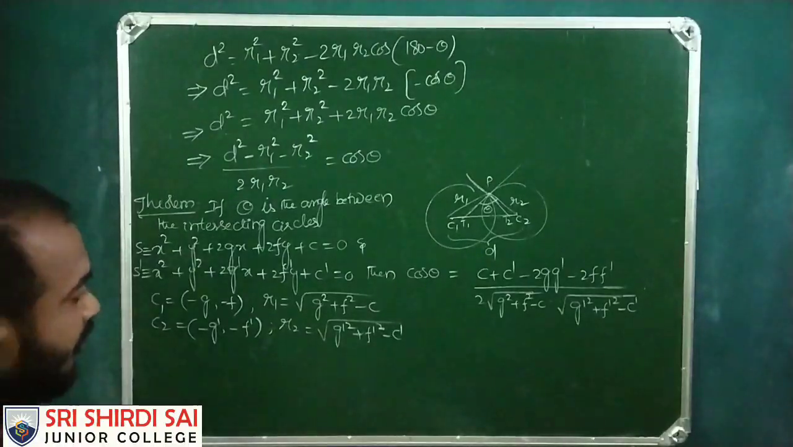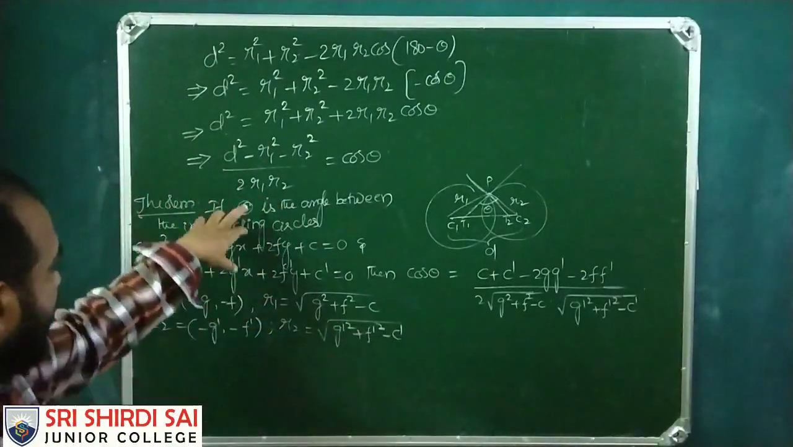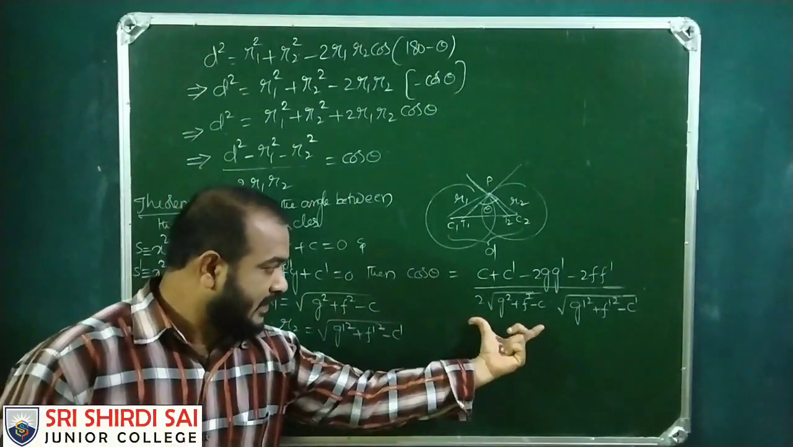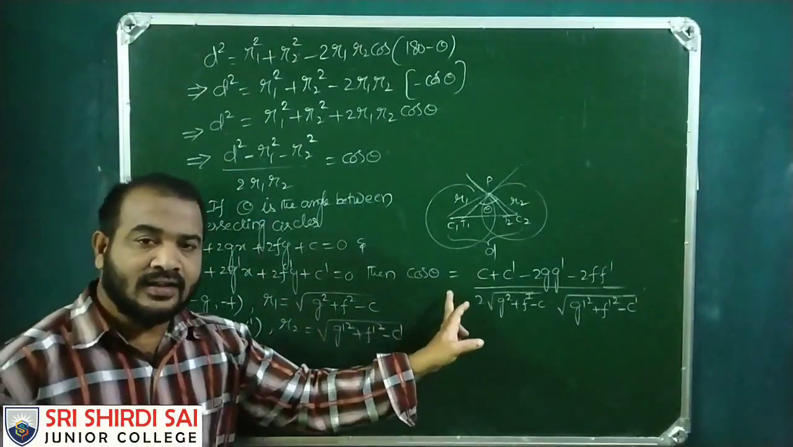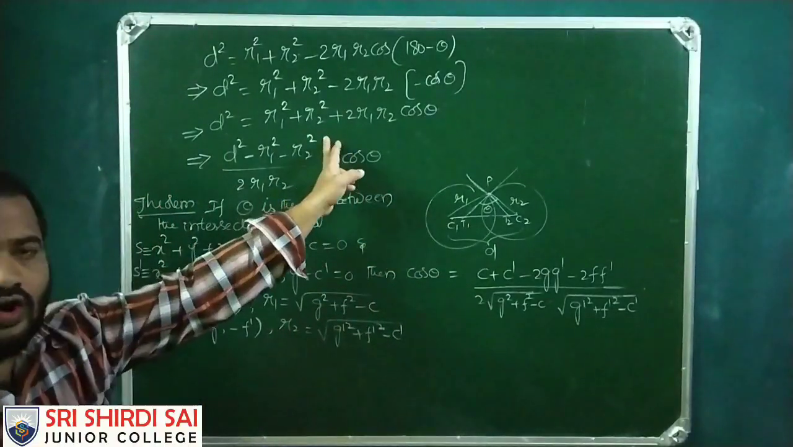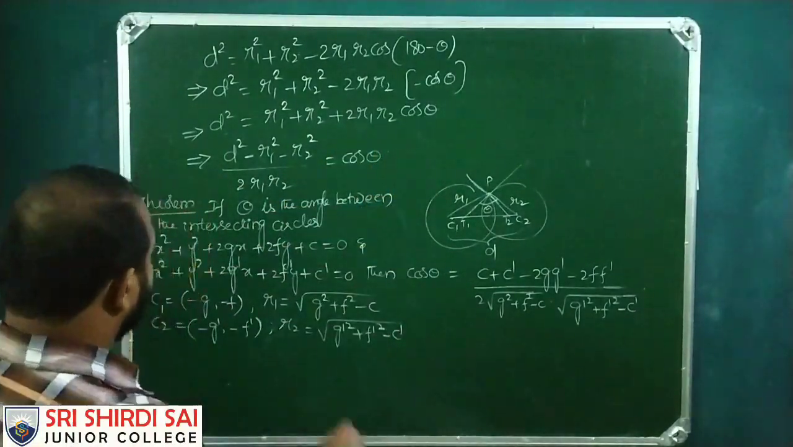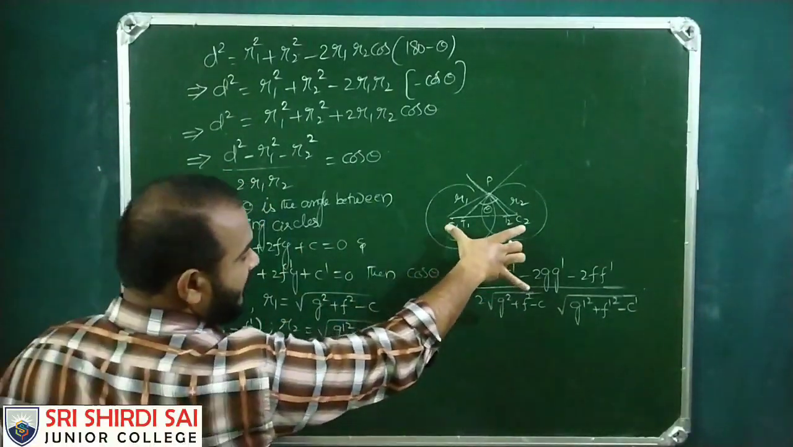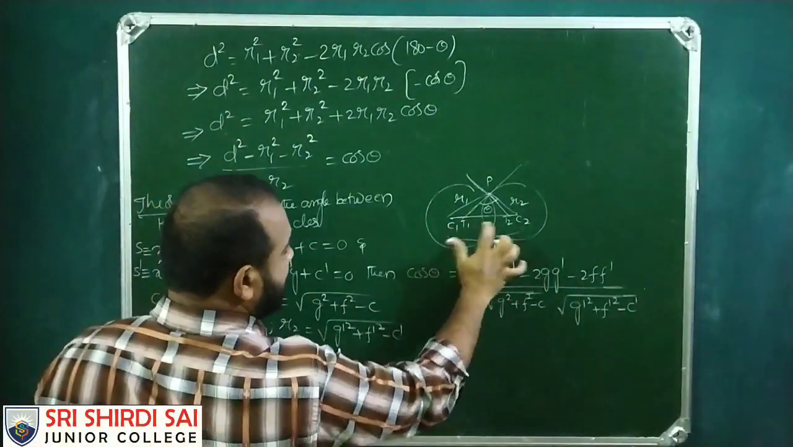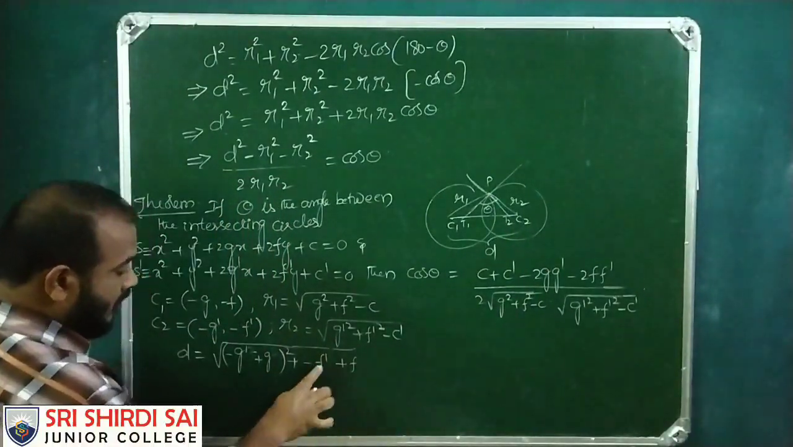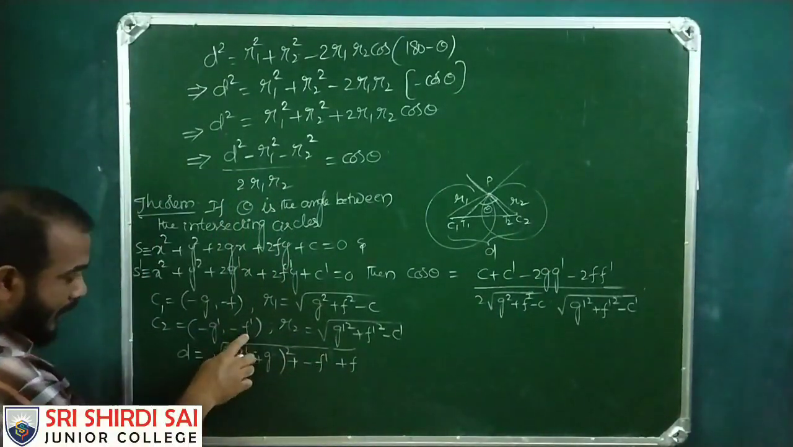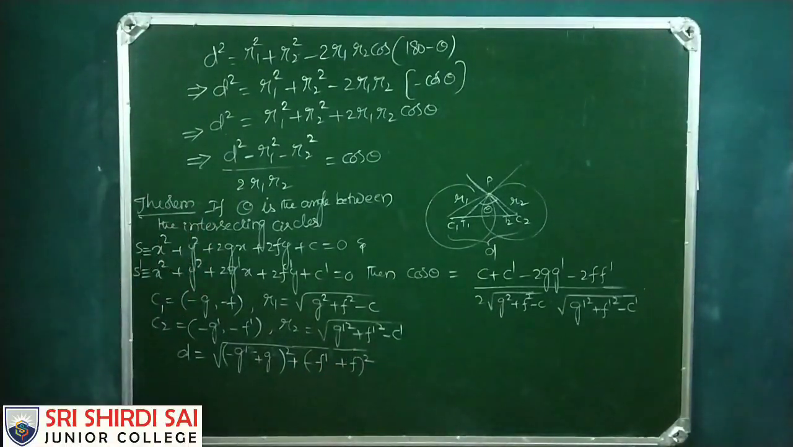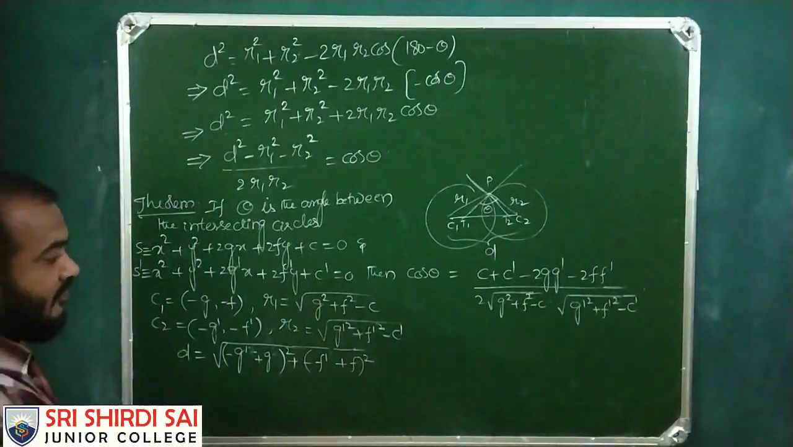This is cos theta. So what is d here? To obtain this, we simply use the already derived theorem. So what is d? D is the distance between the two centers of the circle, the square root of (x2 minus x1) whole square plus (y2 minus y1) whole square. So this is what we have obtained. If we simplify this,